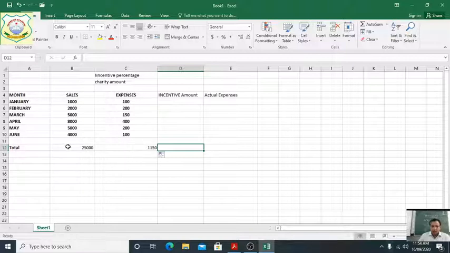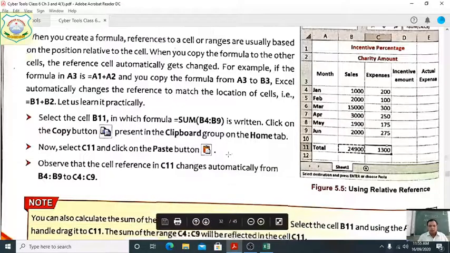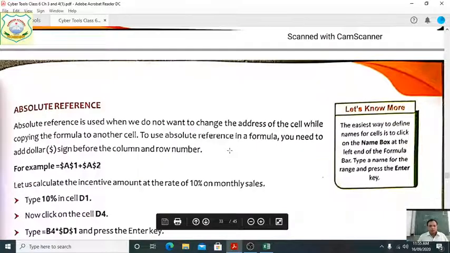So by this way, we will add with using sum formula, and then we use just drag. Then we will get also sum of this value. You can see here, sum C5 colon to C10. Clear, students? Next one is given the absolute reference.